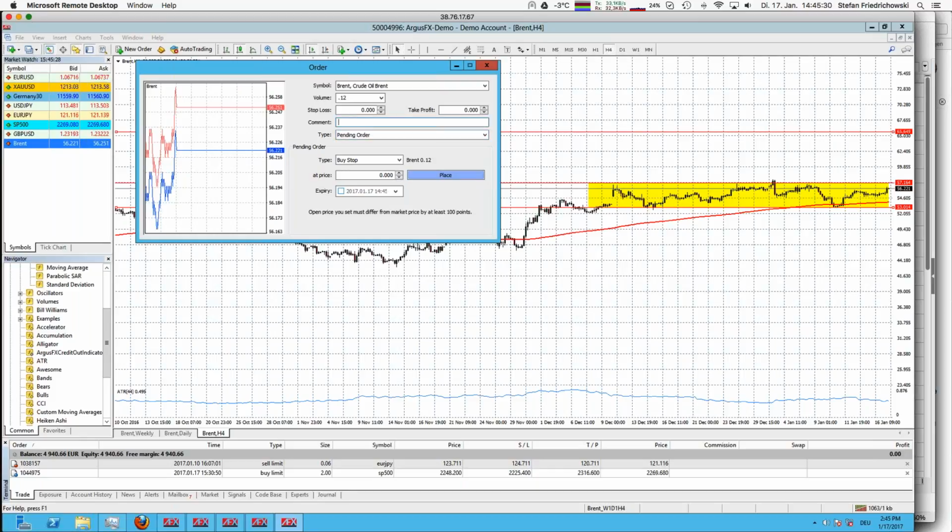And now first I will write down the comment. So it's a break range trade, and my stop loss comes out of the chart. Therefore I use exactly that label, and the price for the entry level is 57.164.